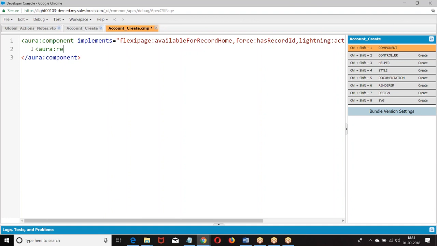Tell me. How do you create an LDS? Your attribute. We can make it object or we can make it.